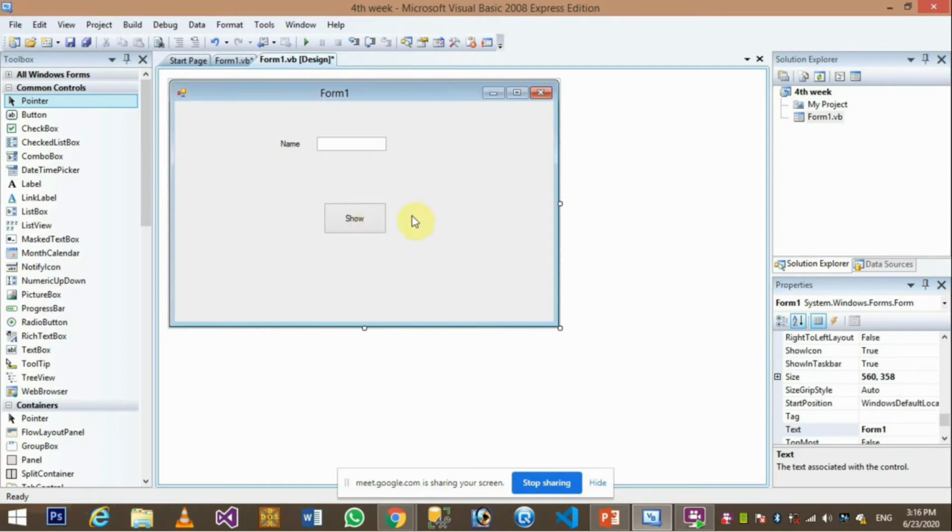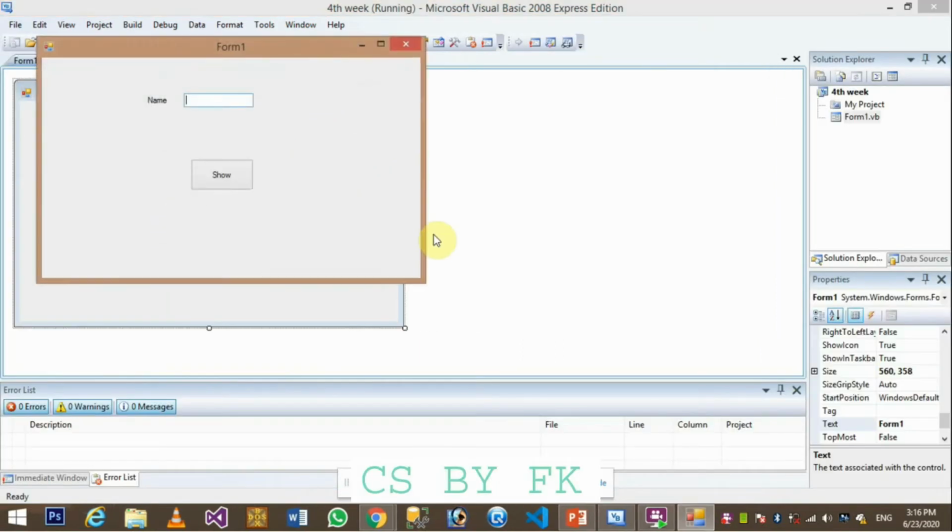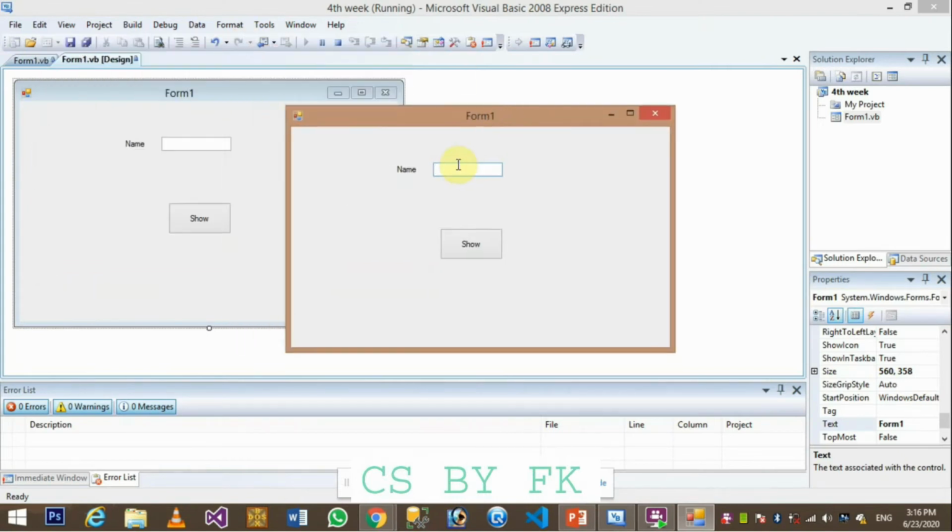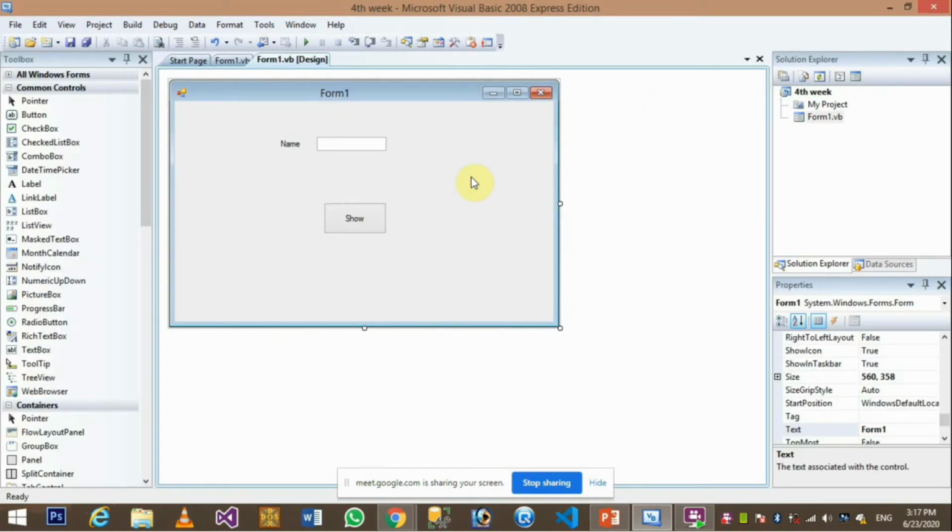All right, what I want actually right now, initially in this program, is that whatever I write inside this text box, my program will show it as a message box after this button is clicked. What does that mean? If I debug this program, this screen appears. So whatever I write here, after I click this show button, it would display whatever the name or text is written inside this box. So that's very simple. Now let's see how we can do that.